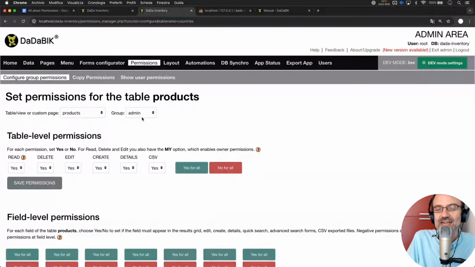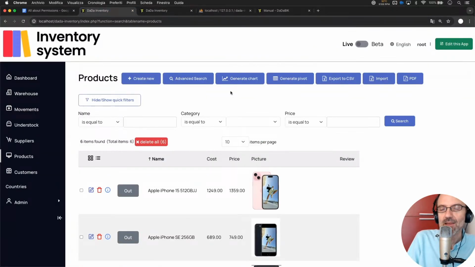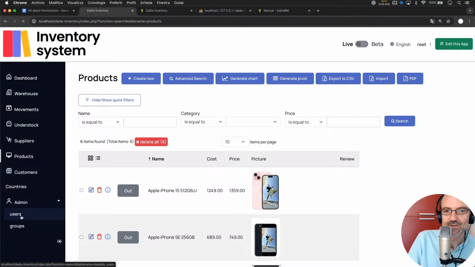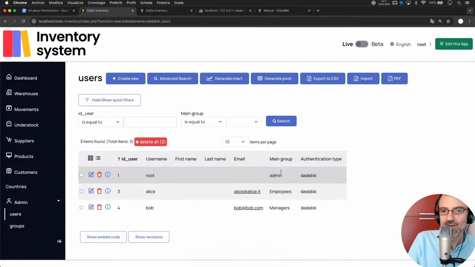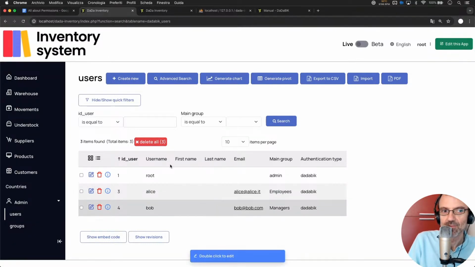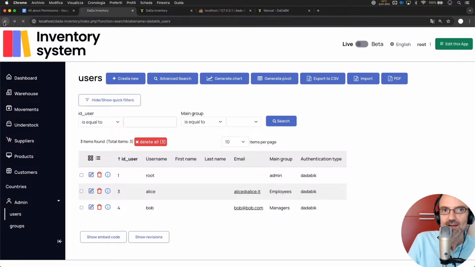So we are changing the permissions for basically in this way for ourselves, because right now I'm logged in as a root, and root is, as you probably remember, root belongs to the admin group. Okay, so